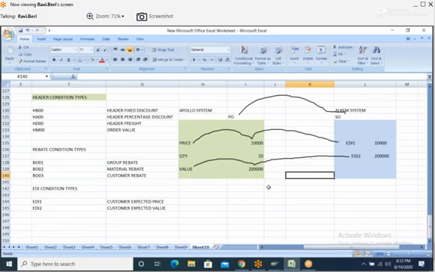EDI means electronic data interchange. Make a note.